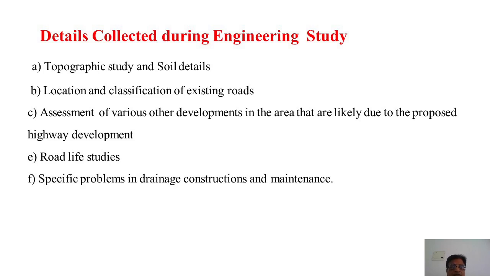So for that purpose, you need to efficiently drain off this water, whatever the surface water and rainfall water. You need to have a very good drainage system, and the drainage has to be maintained properly. That's why if you see any road or highway, all along it you can see the drains. These drains are your longitudinal drains. It is mainly for the disposal of water. Whatever water falls on the pavement surface has to be effectively and efficiently disposed. Then only your pavement will be sustained.